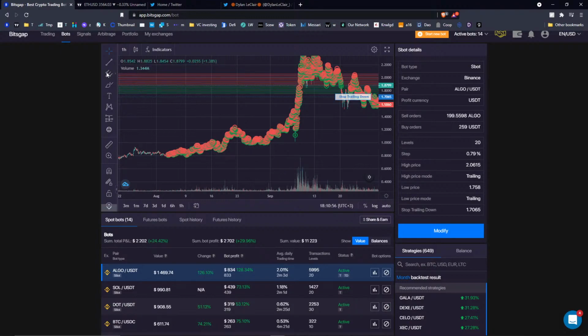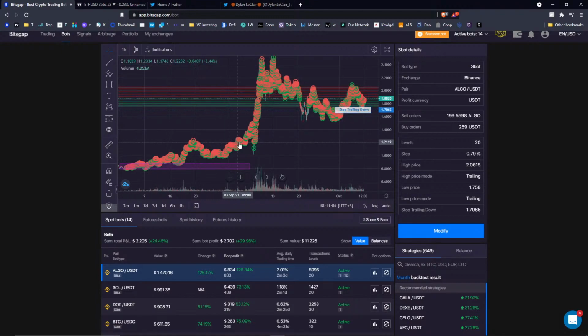That was my initial trading range. Okay, and now thanks to trading up, it's trading even higher, and it managed to capture all of this price action from $0.8 up to $2.50. I mean, that's an insane